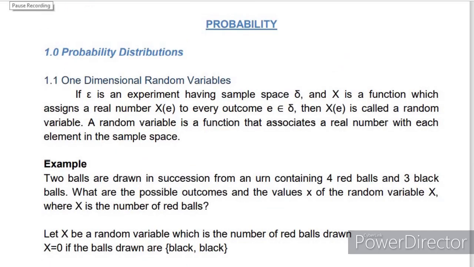Next, we go to probability. So 1.0 probability distributions. 1.1 one-dimensional random variables. So if epsilon is an experiment having sample space delta, and capital letter X is a function which assigns a real number x of e to every outcome e that is an element of delta,